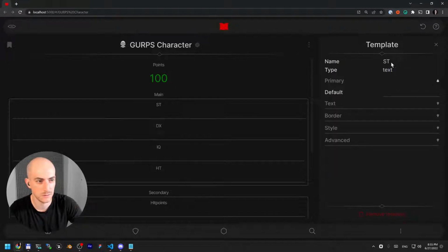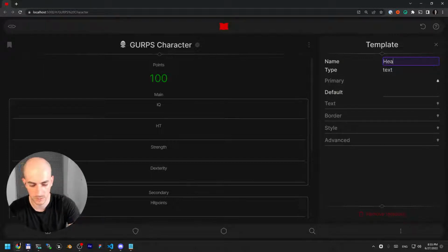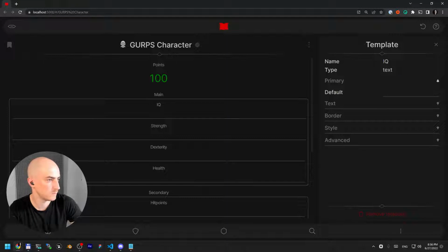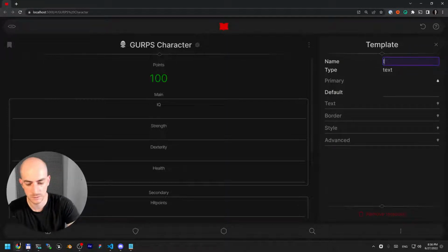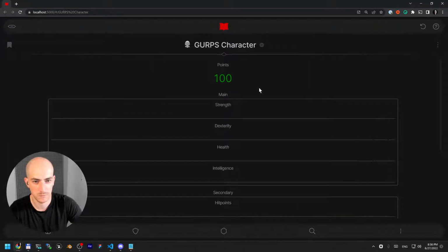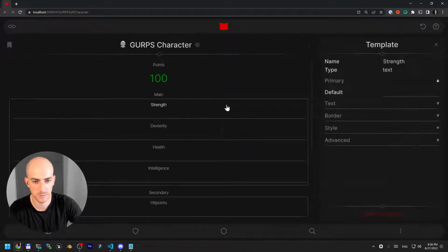And again, rename this strength. Dexterity. This was health, yeah. Health. And this was intelligence. Okay, now everything looks a bit better. So